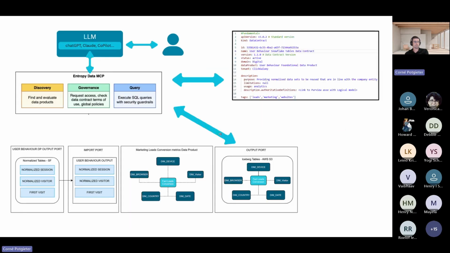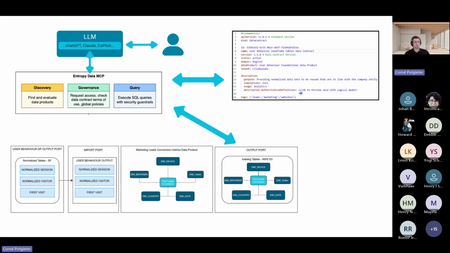So at the end of the day, it's simply reading the metadata about the output port. So it's seeing, okay, there's a fact table here and a couple of dimension tables. The metadata about these tables is documented and kept up to date within the data cataloging tool. And it will keep all of the information based on those 10 components, so the fundamentals, the data quality, and so on.